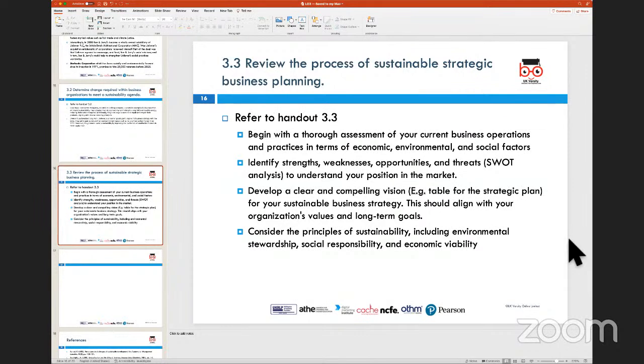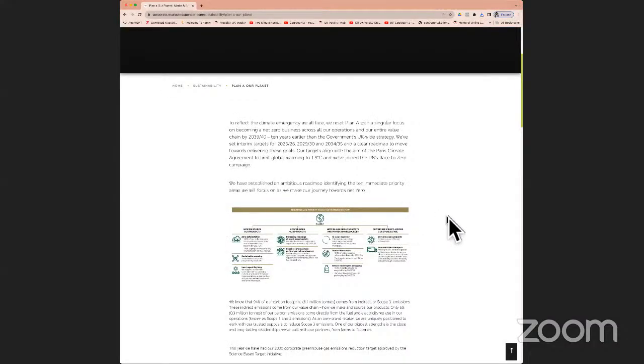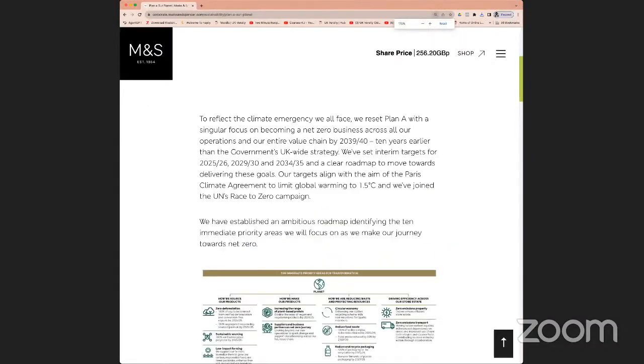And that table essentially would be with some sort of a timeline, like Marks and Spencer's Plan A is with a timeline. So when we look at Marks and Spencer's Plan A with a timeline, it is very clearly highlighting in what years it is going to be achieving, for example, its plan of achieving net zero emissions. So that bit has to be put into perspective. So if I just very briefly show that. So this plan, you could essentially, for example, if I look at this particular plan on its website,